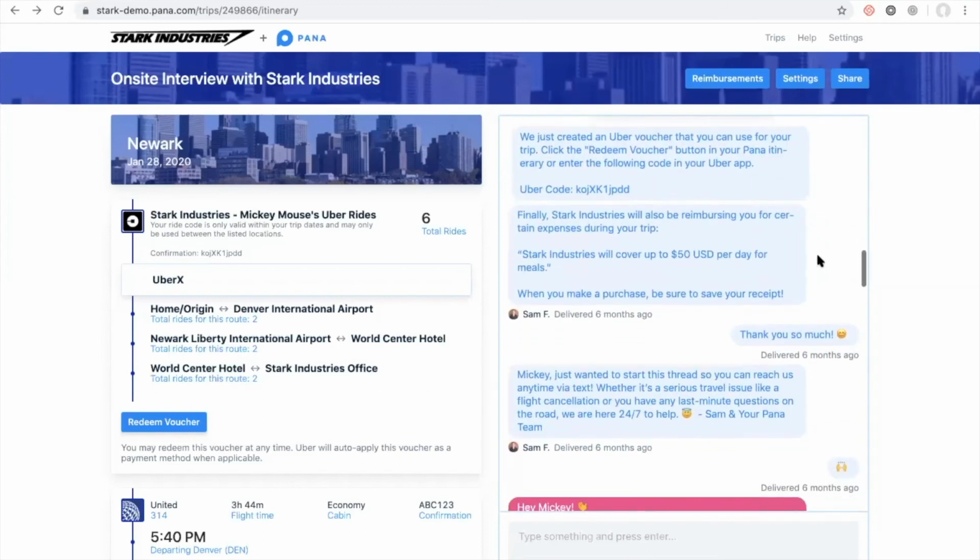Once the hotel is booked or is coordinated, we will also reference the per diem information that they have for